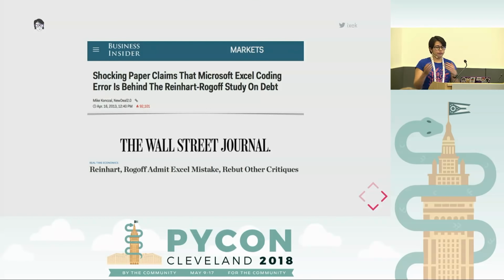I'm just going to go over a couple of examples of what can happen when things are not reproducible. Has anyone read about this at all? No? Okay, so this study by Reinhart and Rogoff basically set the basis for all of the austerity measures that were taken in Europe and the US a bit, mainly in the UK. So all of our austerity measures were based on a study that